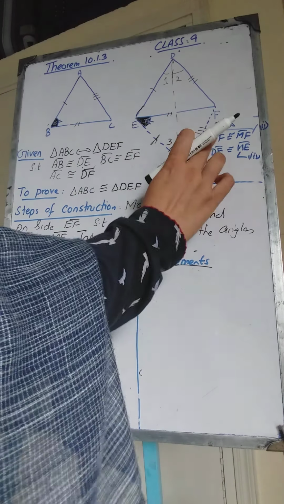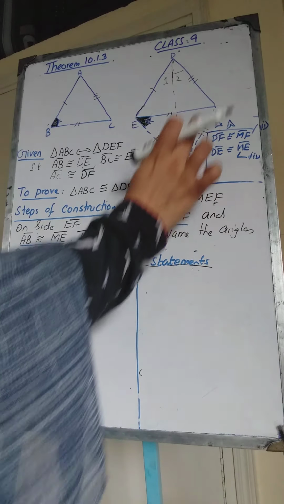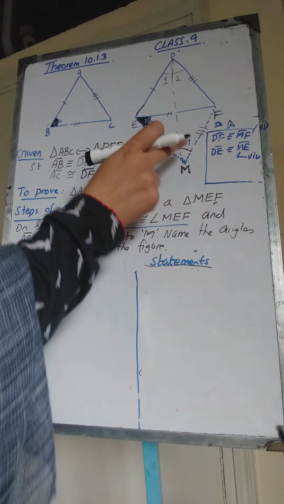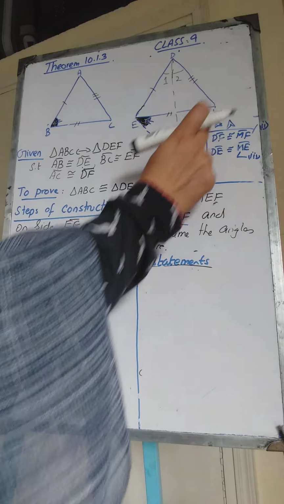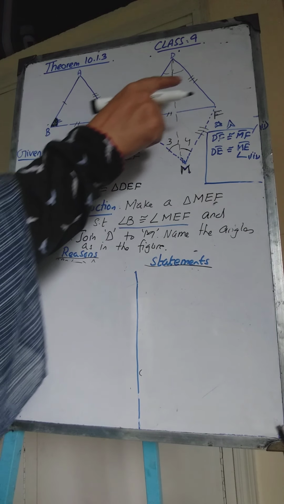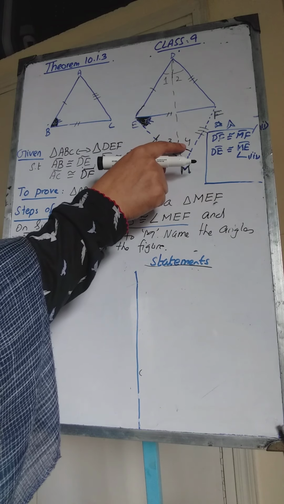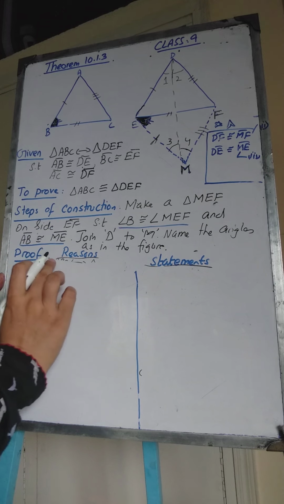Now in equation 1 we proved that DF and FM are congruent to one another. As these two sides are congruent, if we consider this triangle DFM, then angle 2 and angle 4 are also going to be congruent because they are opposite to the equal sides. So let me write this.